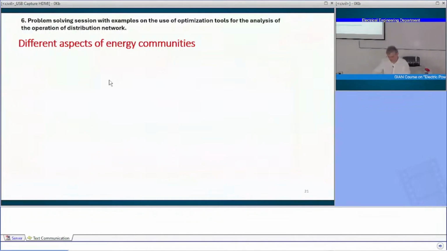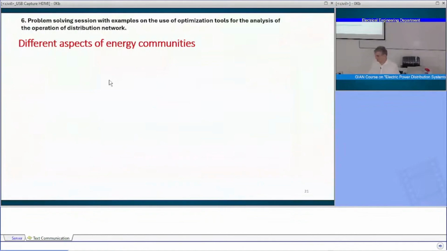Also collect all the technical parameters of the installations of the device, of the generators and loads inside each user. And then with the optimization, so an objective function, obtain the results and deliver the scheduling of storage or distributed